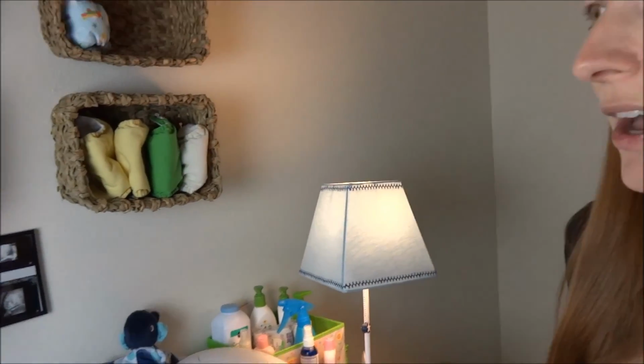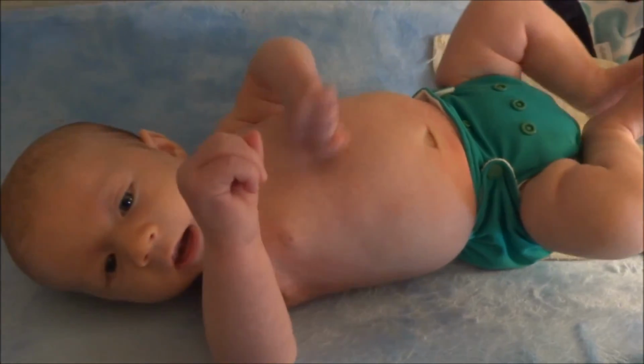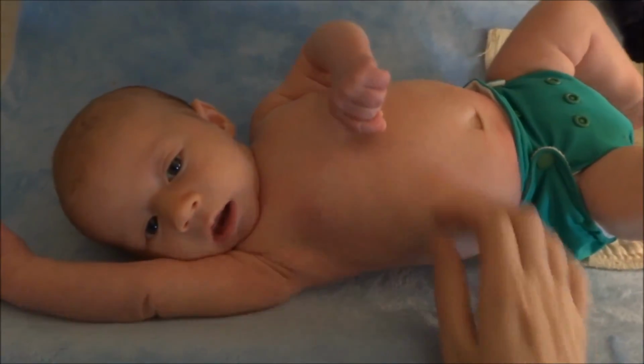So with that being said, I'm going to bring in our little diaper model, and we're going to get started talking about how he's done in the different types of diapers that I had prepared for his first month. So let's get started. Okay, so here is our model, Mr. Ryker,